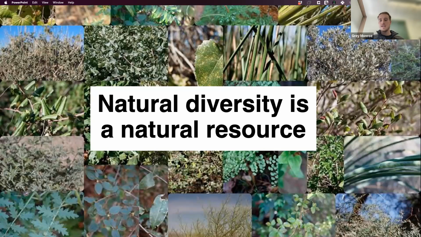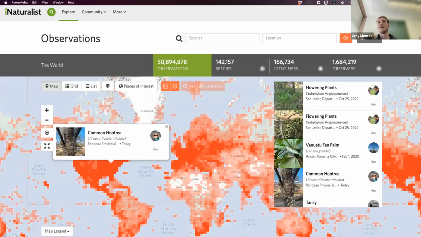I'll leave you with one more thing. If you want to do something, if you want to contribute to any of this type of work, I would encourage you to go check out this app, iNaturalist. I took this screenshot last night. And here's a map. These are observations that people have made. You can get the app on your cell phone, you can take a picture of a plant that you see, and this is incredibly powerful. It uses artificial neural networks, machine learning, it will help you identify the species, and